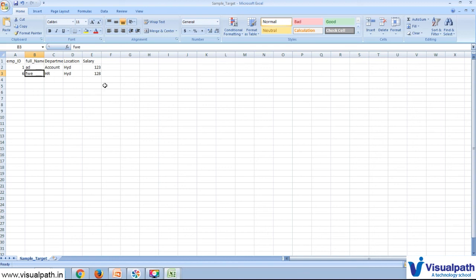If you want to do some extra logic, you should not go with the data synchronization, because in the data synchronization we do not have any other transformation available. So only expression, lookup, and filter transformations you can use in the data synchronization and load the data into a target environment.